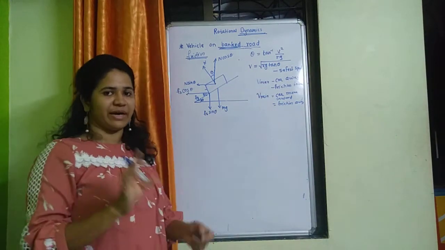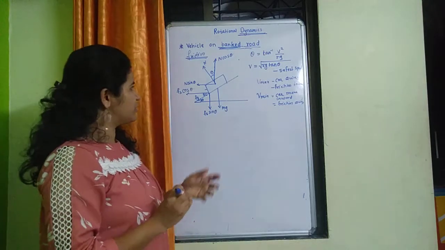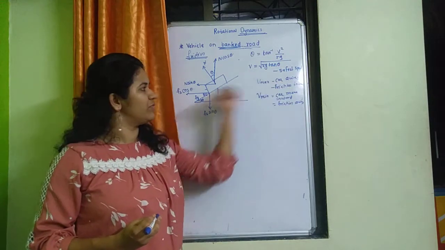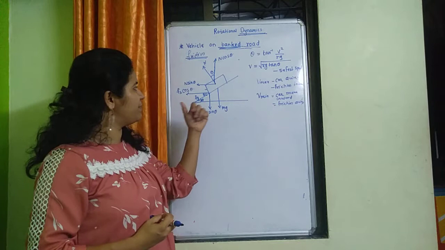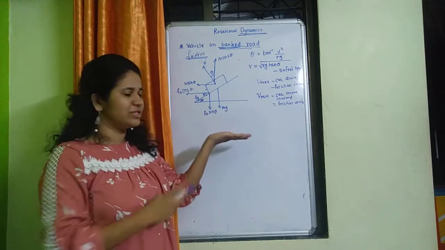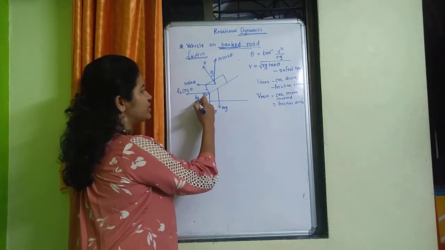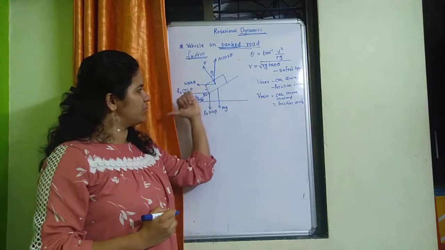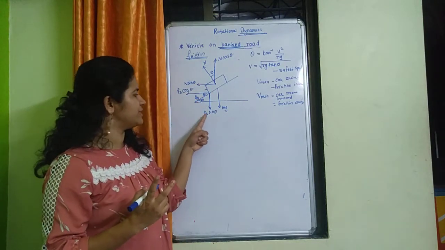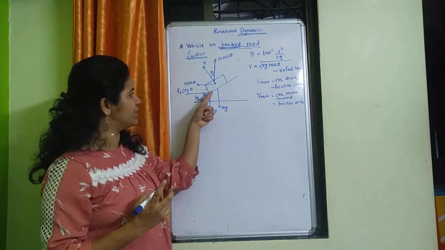In your textbook the direct equations are given, but we will solve the derivations. First we will find the v max. For v max the car moves away, so friction is inward. So in the earlier FBD we will add one more force, friction, which is always present on the surface of the road. So friction Fs is towards the center.